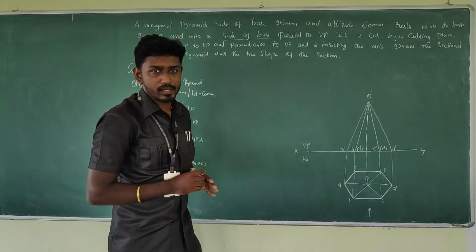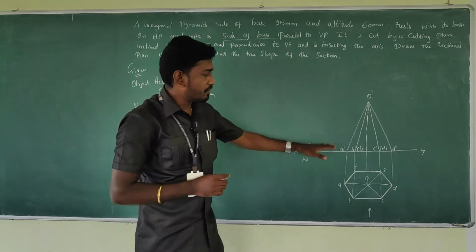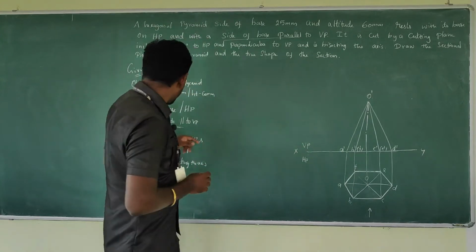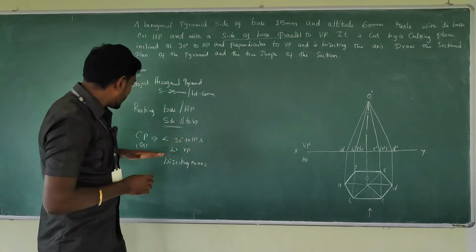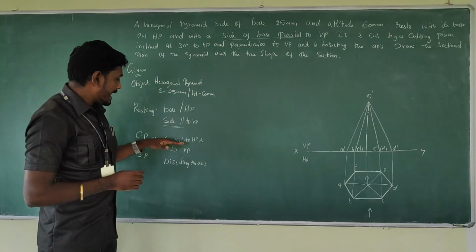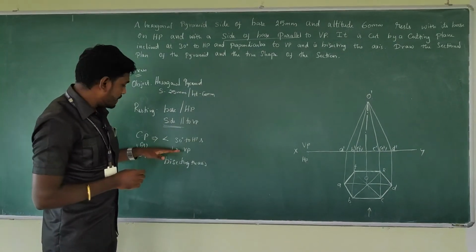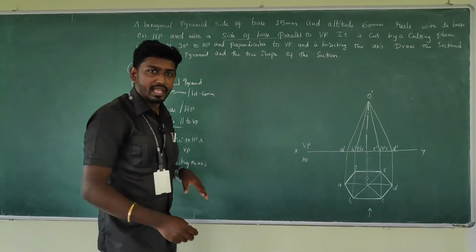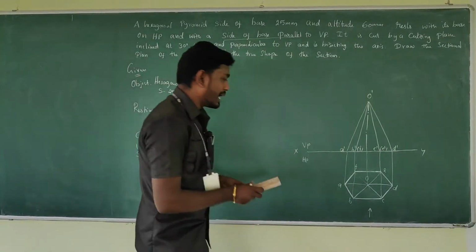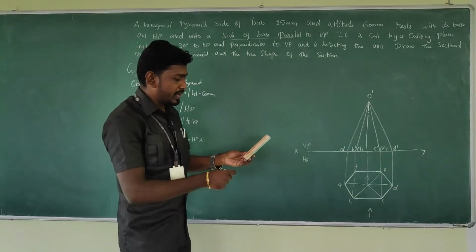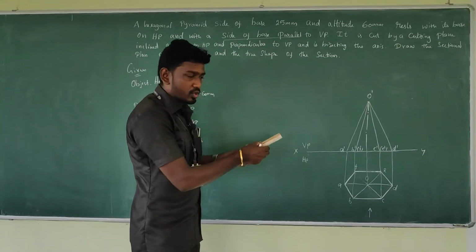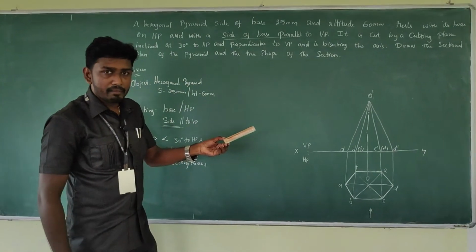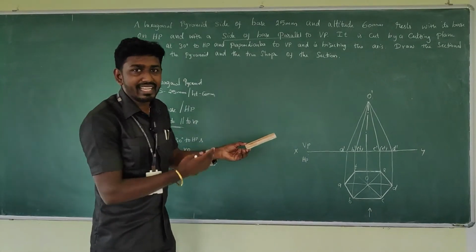Okay. What is next, after constructing the front view and top view? Yes, we need to position the cutting plane. The cutting plane is inclined to HP and perpendicular to VP. Am I right? Inclined to HP in the sense something like this, perpendicular to VP. So this is how the object is being placed when you come to the part of the cutting plane.